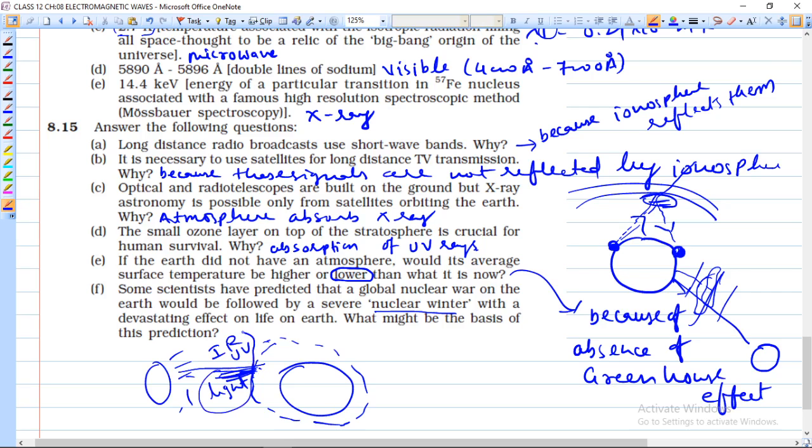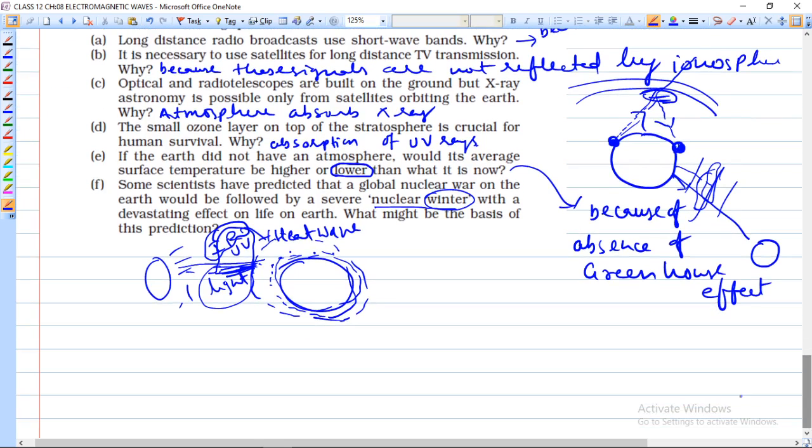So if everything gets absorbed, especially if IR gets absorbed, which is also known as the heat wave, then from where we will get the heat? हीट कहाँ से लाएंगे बच्चों, ठीक है। तो हीट नहीं होगी तो क्या होगा, विंटर होगा। ठीक है। ओके, तो ये थी एक्सरसाइज सॉल्यूशन ऑफ द इलेक्ट्रोमैग्नेटिक वेव। ओके, थैंक यू एंड नमस्कार।